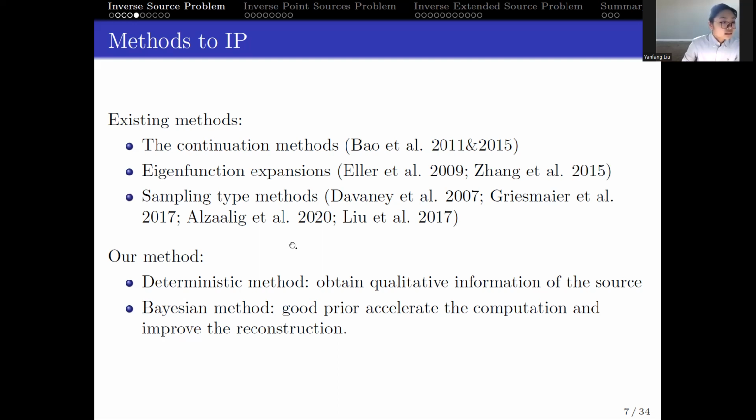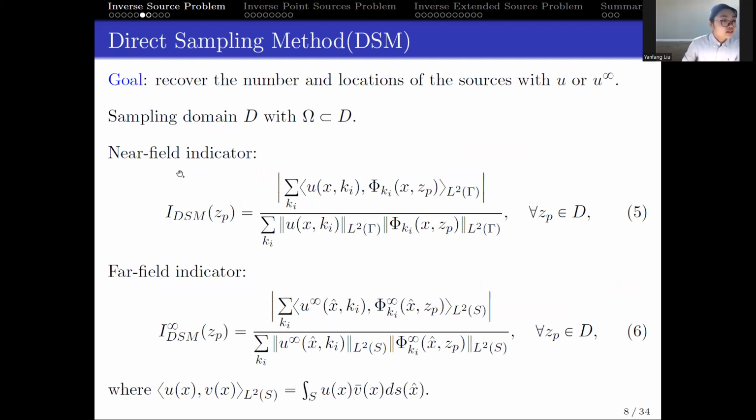Now let's look at the details of our methods. First, as we said, we would like to use the direct sampling method to get qualitative information of the source. In particular, we would like to get the number and an estimate of the locations of the source using either the near field data or the far field data. For the direct sampling method,